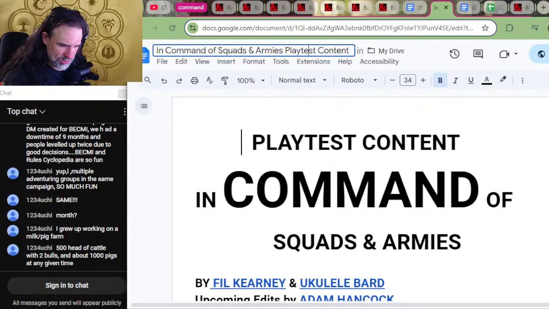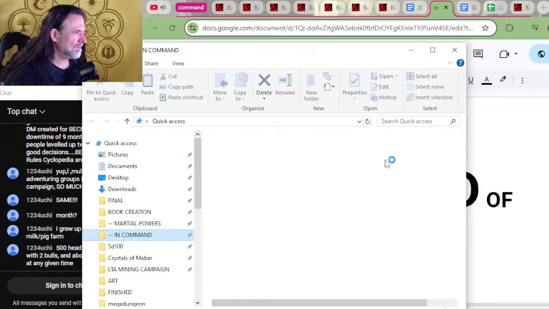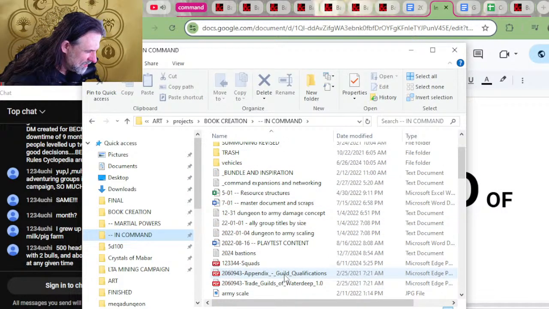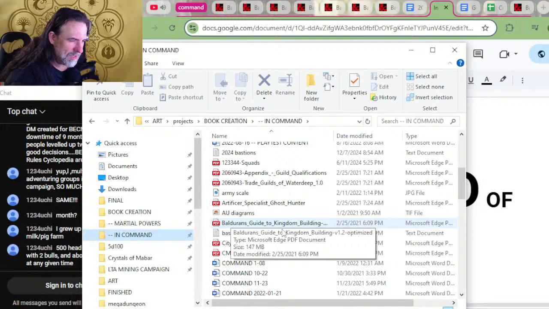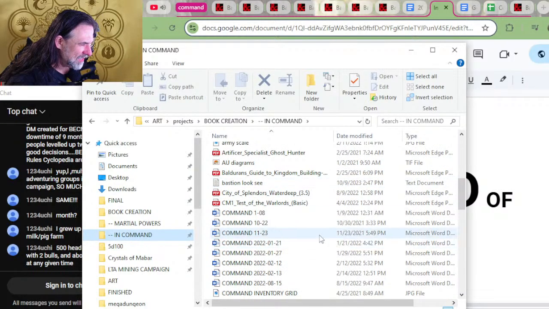And if I go to, let's go to the command system. Why is my hard drive crying inside? Let's see, what's the oldest stuff that we had in here? Endless Days doesn't count. Summoning Revised doesn't count. This is In Command. Yeah, here we go. 2021 was when we actually started playing with these ideas. Let's see. Yeah, Balrog's Guide to Kingdom Building. Adam Hancock built that book, which is where the initial idea of ability checks came from. We started working with him back in 2021 on this stuff. Yeah, Command. Here's the first draft of that stuff back in,